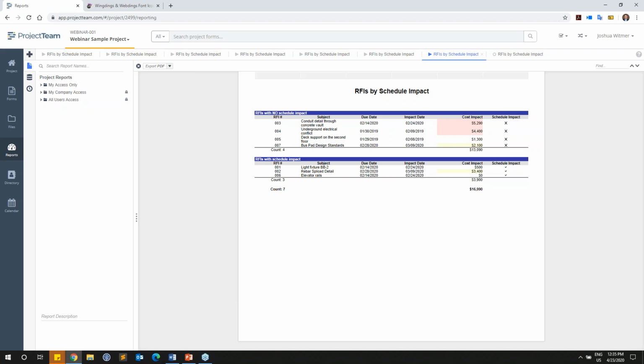So let's say I have a lot of data on here, and sometimes I just want the summary level information. And I can now see I've got 7 RFIs, which have a total cost impact of about $17,000. So the next report that I want to work on, and I'm not going to go step by step as